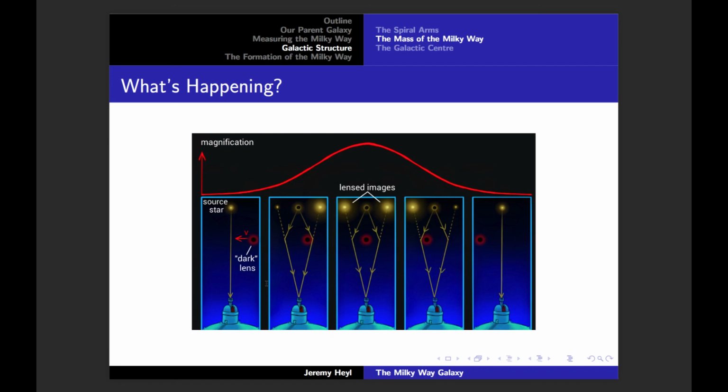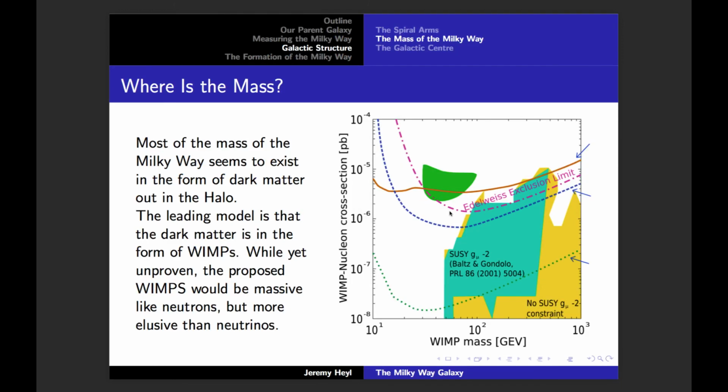And as the macho comes between us and the star, it bends the light, so instead of getting one image of the star, we can get 2 or 3 images, which is what we see there. So you get sort of 3 images of the star. One can be bright, one faint. When everything is perfectly lined up, they're both bright, and then it moves away, and we're just left with the original guy there. Okay? So it doesn't seem to be